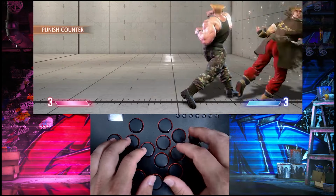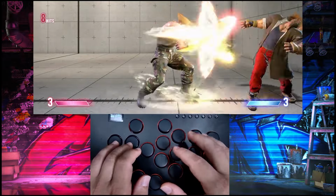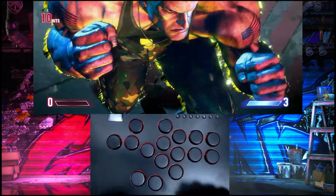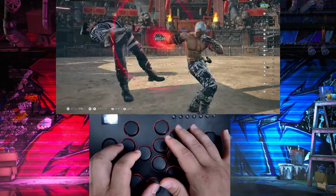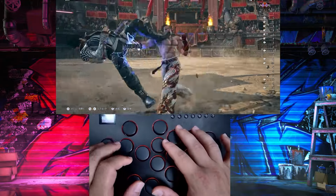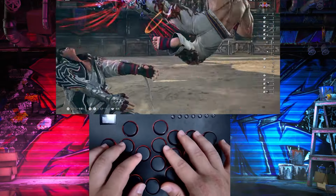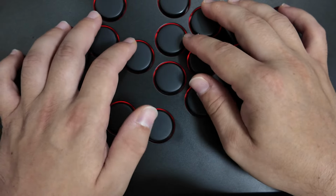The key switches feel responsive and easy to press and release quickly, which means you won't lose frames between button presses. This is essential for people who play technical characters such as Brian Fury in Tekken 8. Overall, I absolutely love the way this controller feels, and I think these crystal key switches are a big upgrade from the regular reds. The M16 Plus has 2 up buttons, which means you can use your thumb for jumping